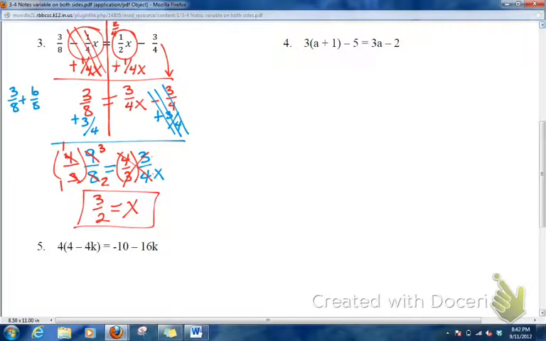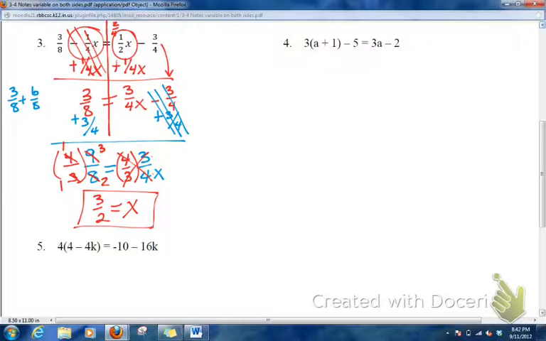So x equals 3/2. Obviously, you could change 3/2 into a mixed number, 1 and 1/2. Either one would be fine. Either answer. Obviously, you don't need both. I would just leave the mixed number. Alright,